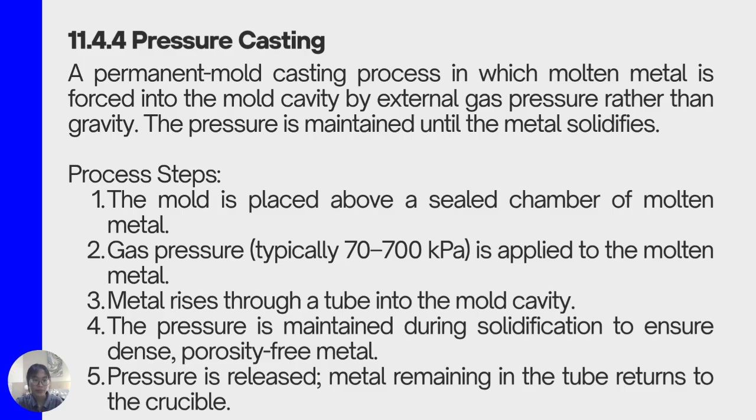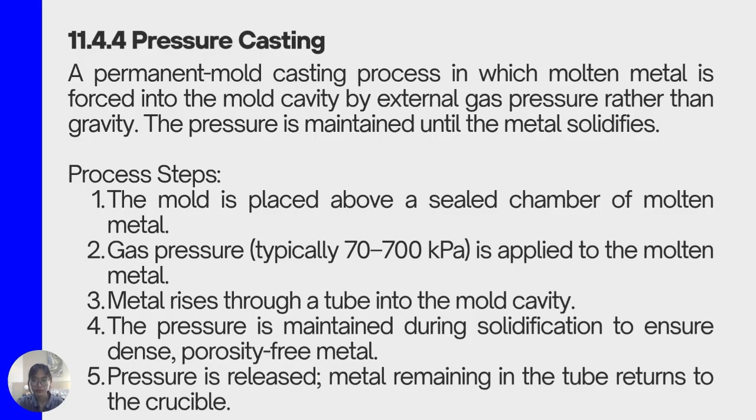Pressure casting is a permanent mold process where molten metal is forced into the mold cavity using gas pressure instead of gravity. The pressure is maintained during solidification to ensure a dense, porosity-free structure. In this process, the mold is placed above a sealed crucible filled with molten metal. When gas pressure, typically between 70 to 700 kilopascals, is applied, the metal is pushed upward through a riser tube into the mold cavity. Once the metal solidifies, the pressure is released and any remaining liquid metal flows back into